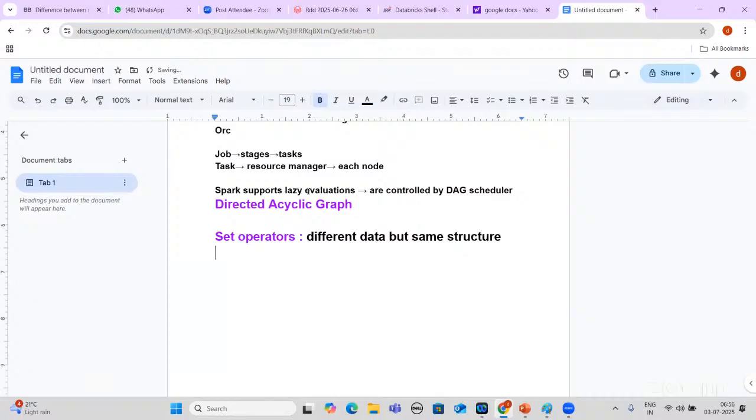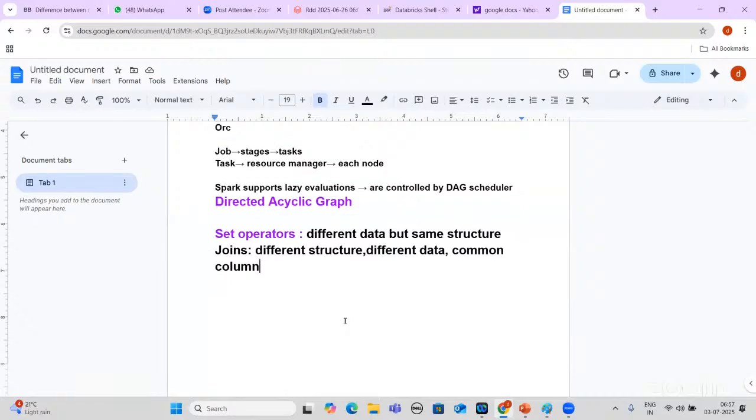Joins are nothing but different structure, different data, with a common column. Set operators have different data but the same structure. Joins will have different structure, different data, common column.